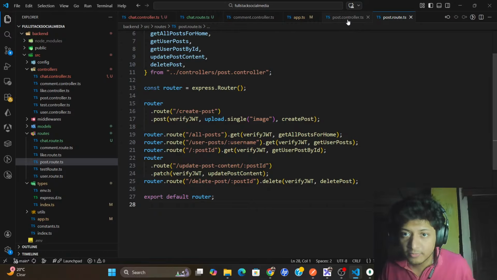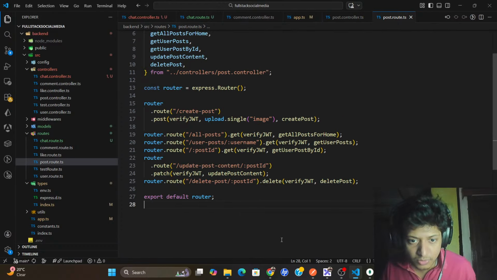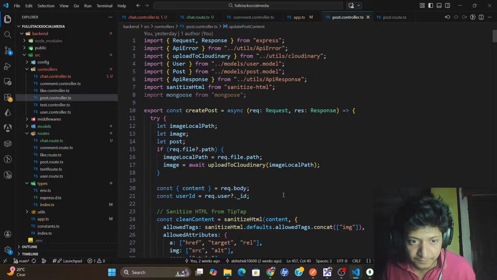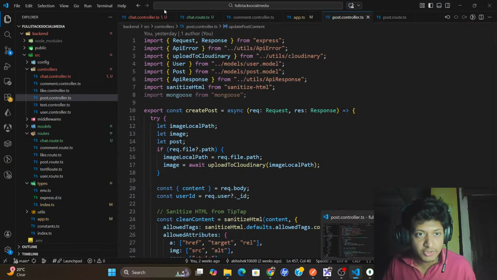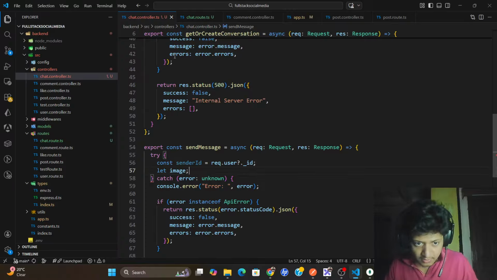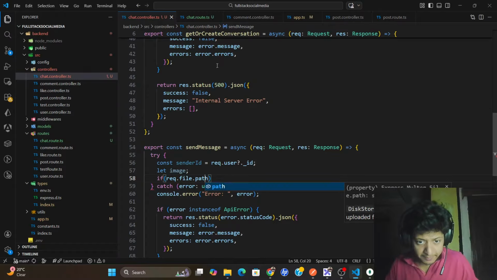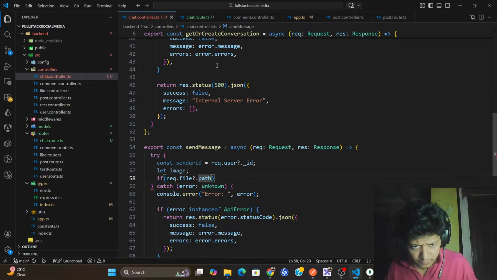All right, so first let's handle the image. There we go. How did I do request.file? Okay, create post route. Okay, there you go, request.file.path. Let's create an image. Okay, so what I'll do, let image equals, let image, and if request dot file dot path is there,